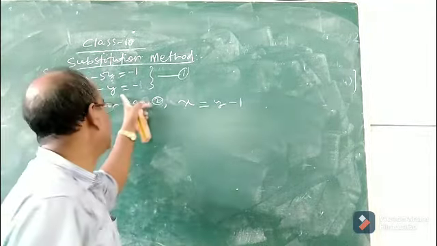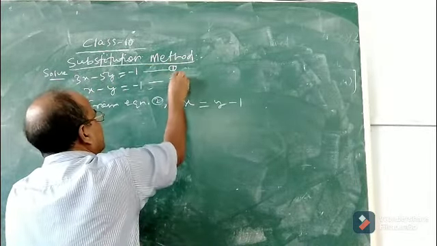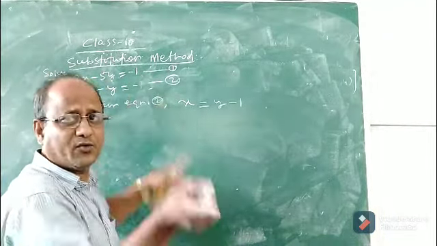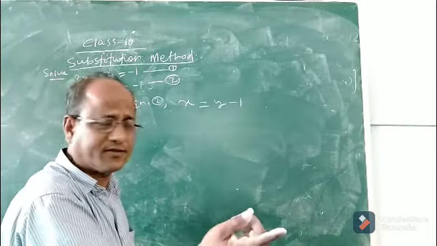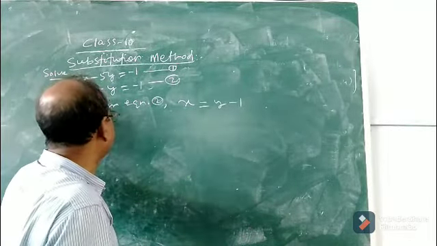See, from equation 2, this is the second equation. There are two equations, okay? This is equation 1, this is equation 2. The first step is, from any one equation, you express x in terms of y or y in terms of x. Suppose I decided that I will express x in terms of y from equation 2, that I have written here. You see, I have expressed x in terms of y. Now let this be equation 3. Now what is the next step? Now put this value. You expressed x in terms of y from equation 2. Now you got another equation, equation 3.